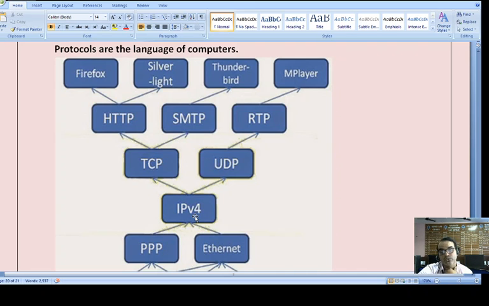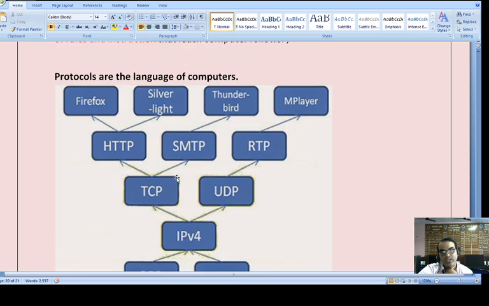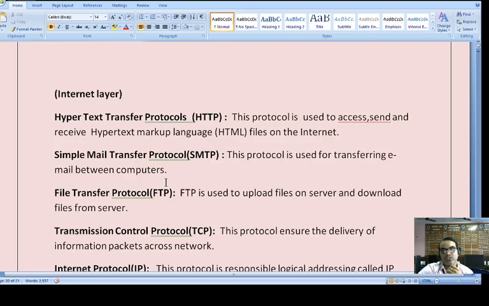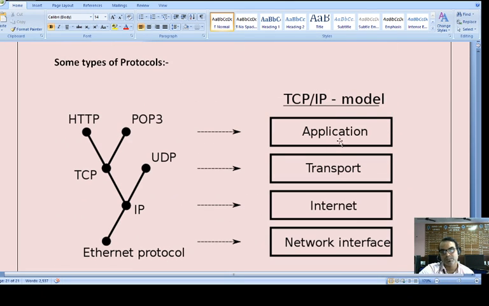IPv6 is also in use. For transportation we use TCP. For the application layer we have HTTP, SMTP, and RTP. For UDP we have RDP and others. And for the user to be able to understand, we have different software, like browsers such as Firefox. So this is the TCP/IP model stack.